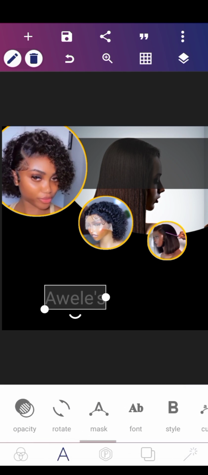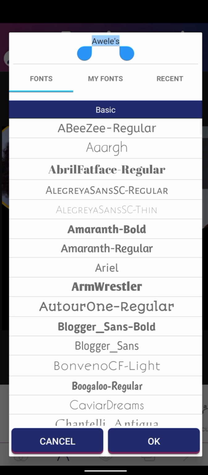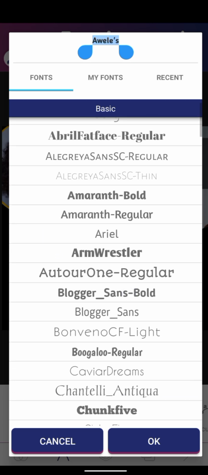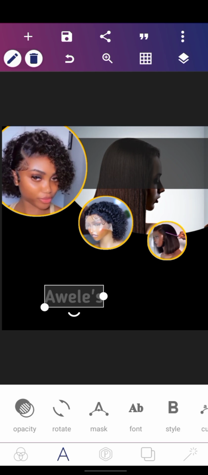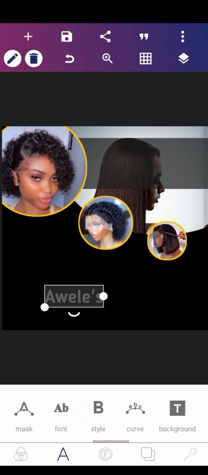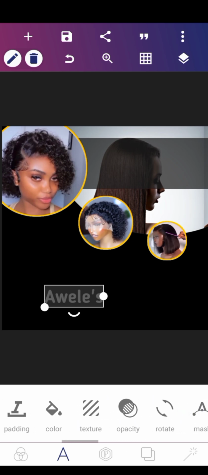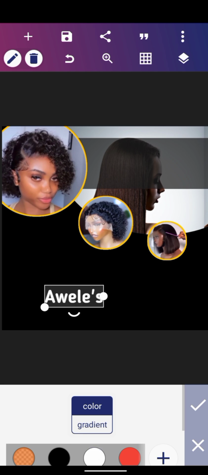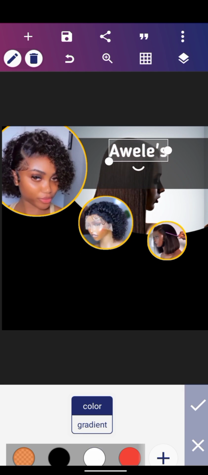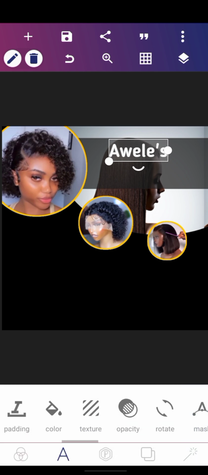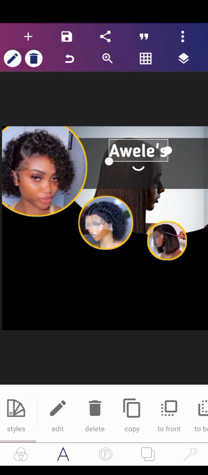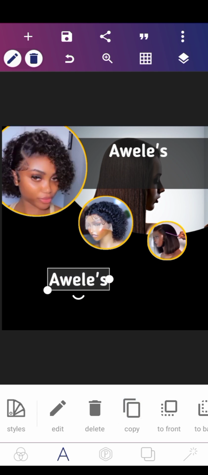We're going to change the font style of the text. So let's say we use this and click on OK. Then we need to change the color of the text. We click on color, we click on white to bring it over to this place. We'll click on the check to apply the effect. The next thing we'll do is we'll scroll to the left, then click on copy and click on edit